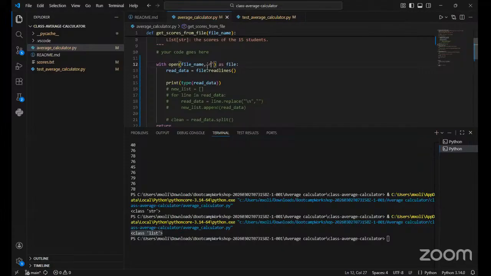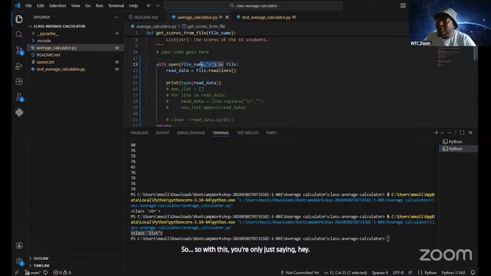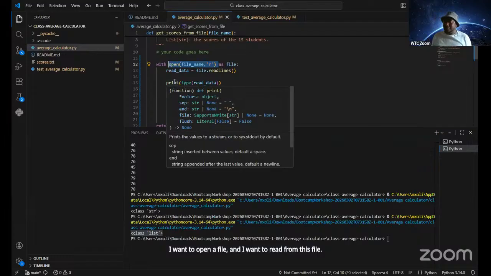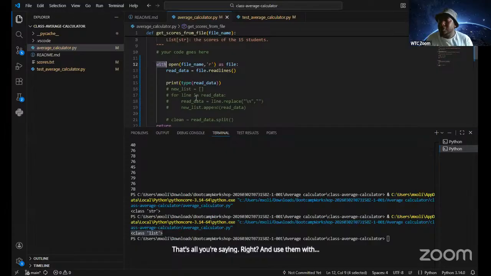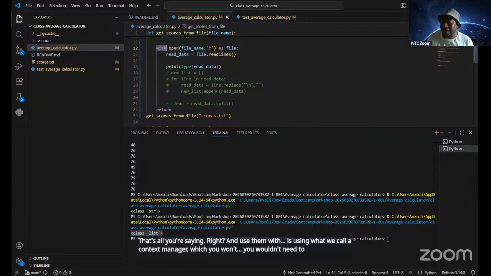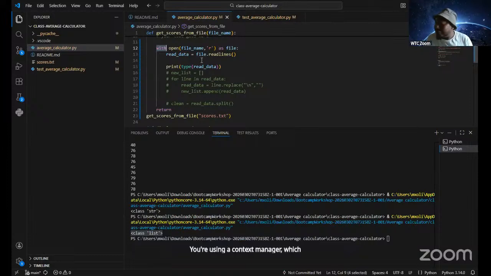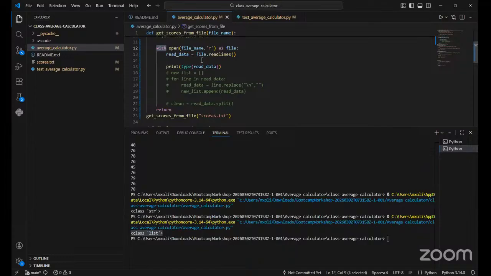So with this, you're only saying you want to open a file and read from it. And using with is using what we call a context manager, so you wouldn't need to close the file at the end, since the context manager will close the file for you. Does it make sense? Yes. Cool.